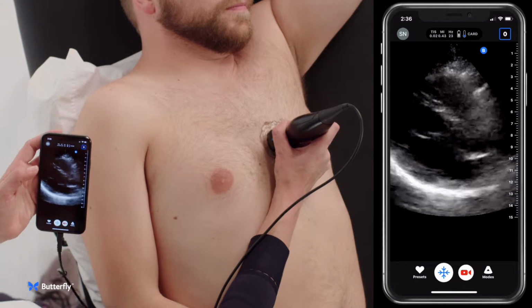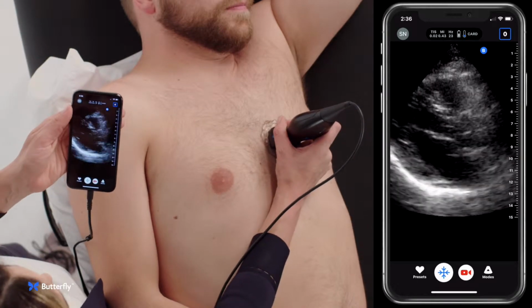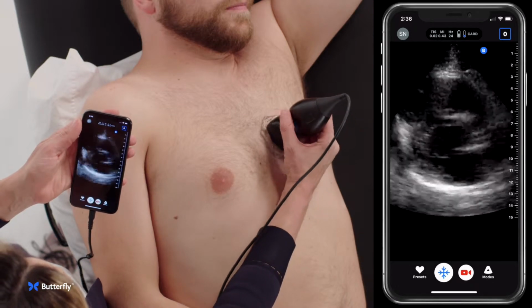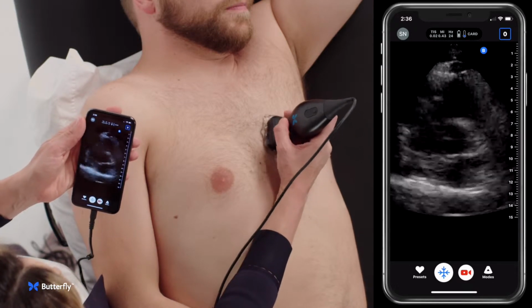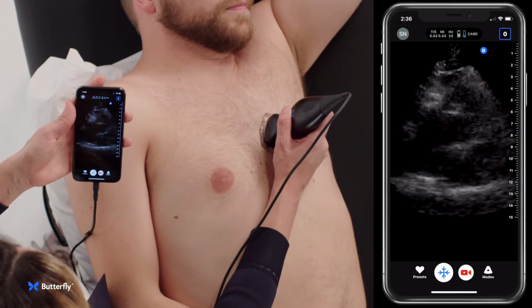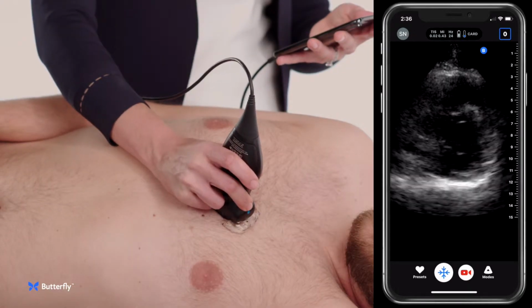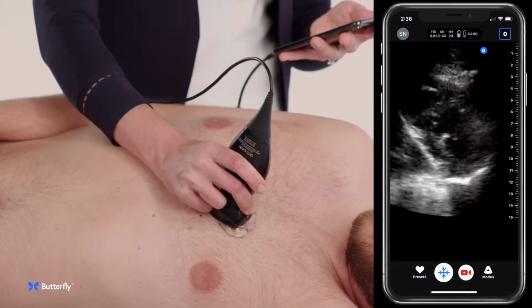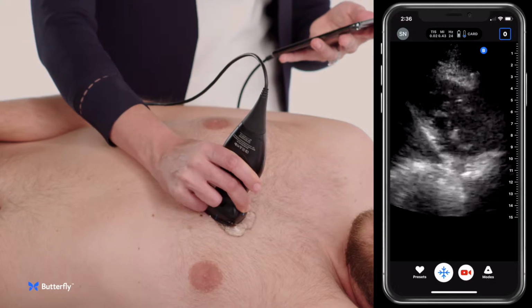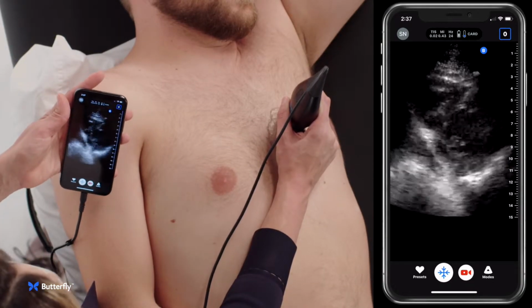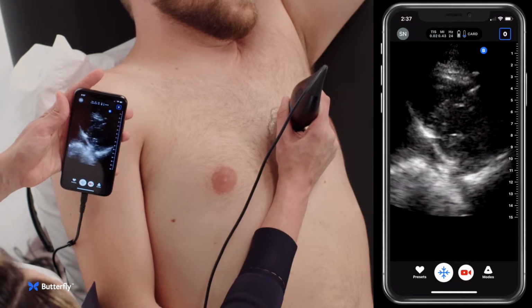If you think you see a contractility that's impaired, then you're going to want to proceed by going to look at the parasternal short axis view by rotating the probe orientation marker towards the patient's left shoulder. And once you're here at the left shoulder, you can start to scan down the heart. You're going to scan down the heart until you get to the mid portions of the left ventricle, where you have the mid-papillary view of the left ventricle, and you're looking for thickening and approximation of the walls